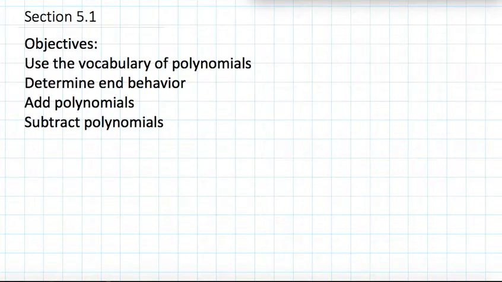This video is for section 5.1. Our objectives in this section are to use the vocabulary of polynomials, determine end behavior, add polynomials, and subtract polynomials. So we're going to start with vocabulary. We're going to define some words, and then we're going to identify the parts of a polynomial based on our